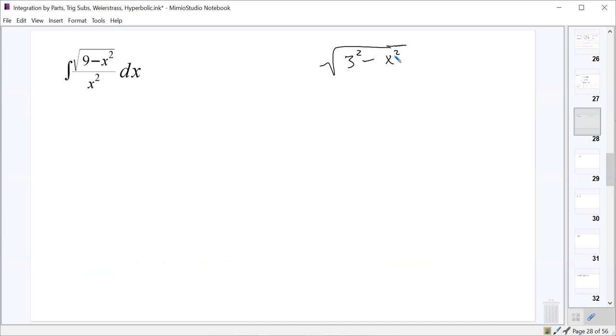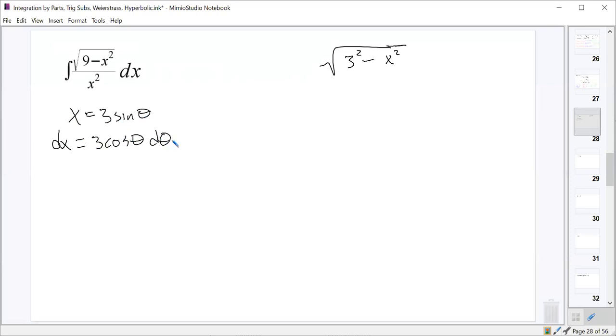And so based on what we just said, we want to make a substitution, and we'll make the substitution that x is equal to 3 sine theta, right? A sine theta, 3 sine theta. Everybody good with that? Any issues there? Okay. So if x is 3 sine theta, we're going to need to figure out what dx is. So what's dx? dx would be 3 cosine theta